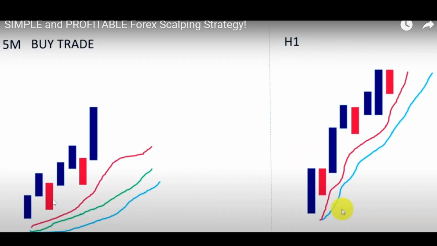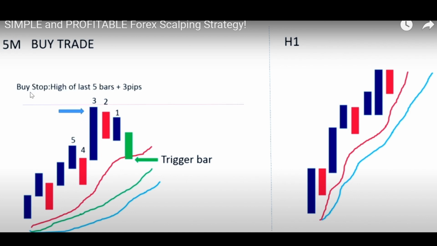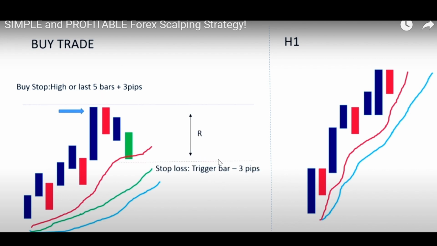Once we have established the trend side of things, then we go to the 5-minute chart where the actual trading is going to happen. So the general idea is that the 8 EMA is above the 13 EMA, which is above the 21 EMA. And if then the price comes back and closes below the 8 EMA, as long as it doesn't close below the 21 EMA, we regard it as our trigger bar. Then in that case, we look back 5 candles from the trigger bar and we look for the highest point of those 5 candles. And then we put a buy stop at the high of those last 5 bars plus the 3 pips. Our stop loss goes below the trigger bar by 3 pips,